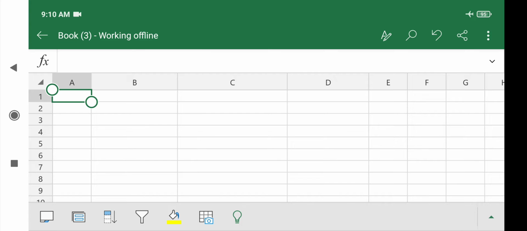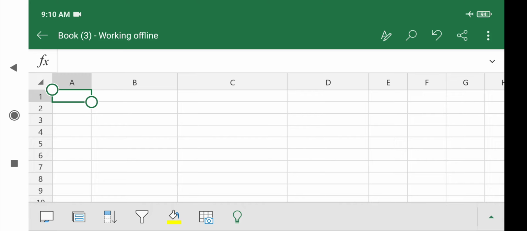To do the logical operation in MS Excel, we have a logical function. The logical function name is IF. This logical function evaluates the condition and acts accordingly. The IF function evaluates the condition and returns one of different values depending upon whether the condition is true or false. If your condition is true, then the true statement will be printed. If the condition is false, then the false statement we're going to print.